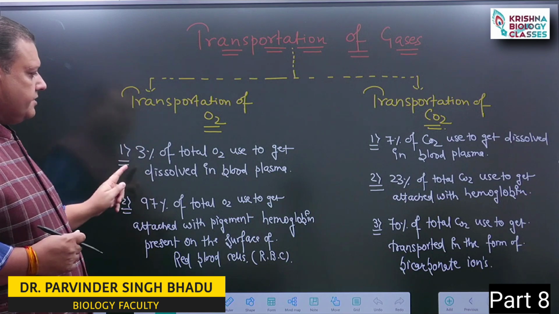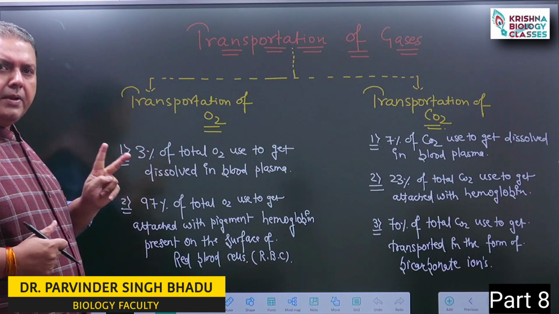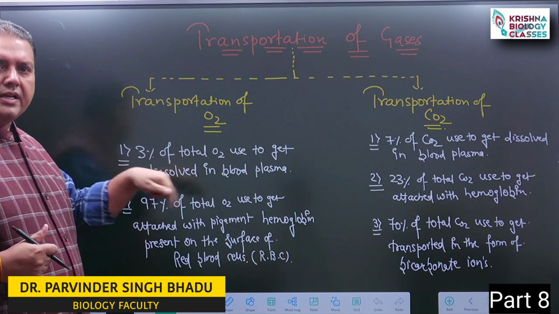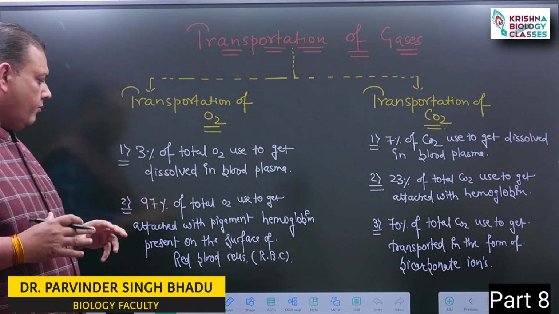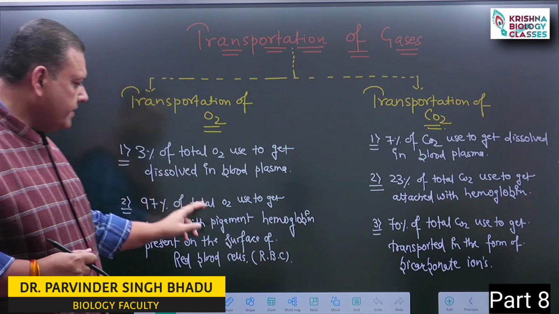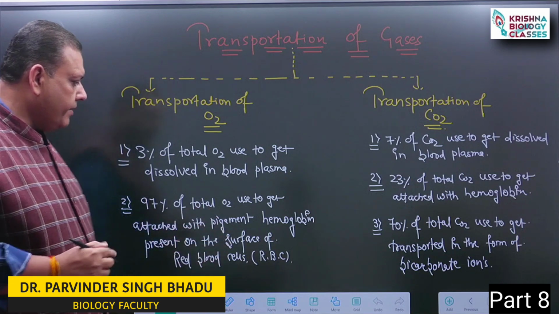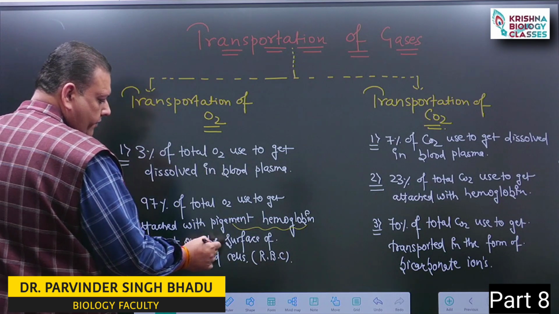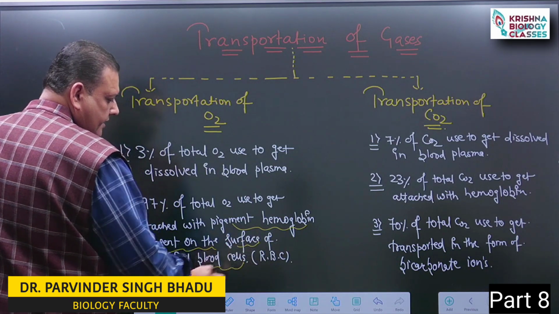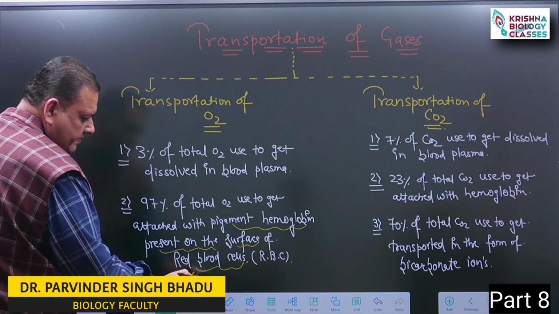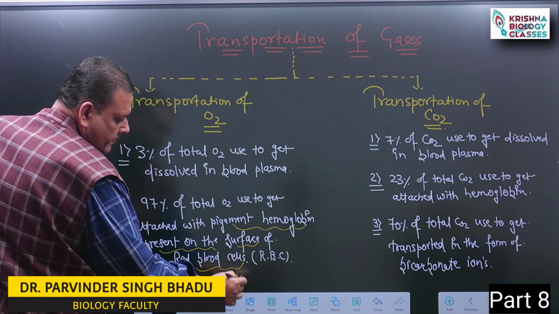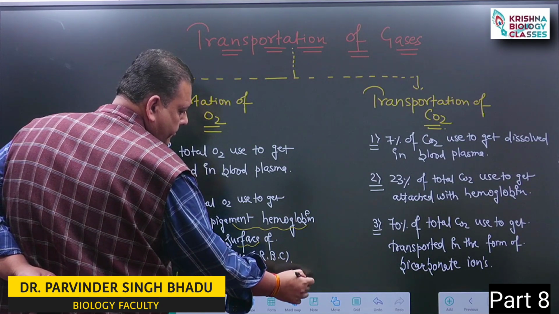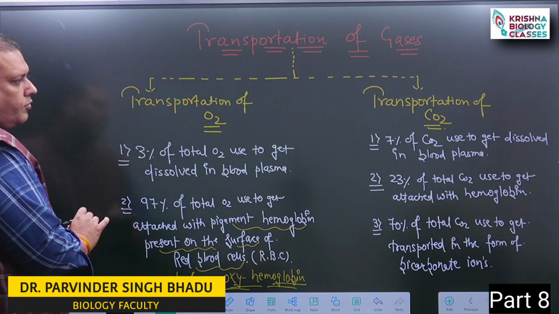Oxygen transport mainly takes place by two methods. 3% of total oxygen gets dissolved in the blood plasma because it contains water, and 97% gets attached to the pigment hemoglobin present on the surface of red blood cells to form oxyhemoglobin,